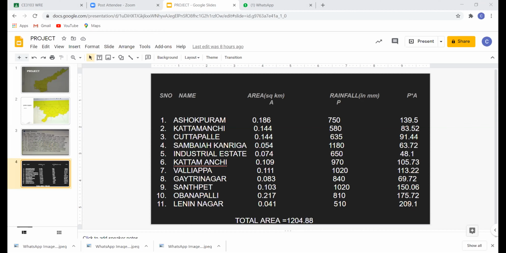Yes, sir. So at the last step, you are not able to calculate everything. It's just simply sigma PA divided by sigma A. That's all. Yes, sir. So you have all the numbers. You can very easily calculate the P bar. Okay. All right. So for some reason you've stopped at that. Okay. All right. Next, Aditya.